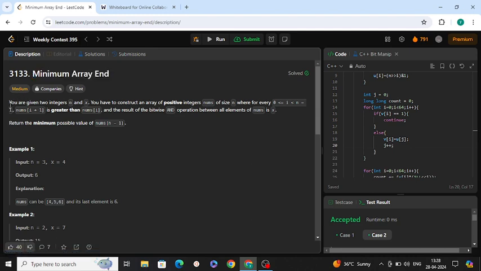This problem requires knowledge of bit manipulation concepts. If you have knowledge of binary representation and bit manipulation, then you can do this problem. So let's discuss this. Here in this problem we are given two values n and x, and what we